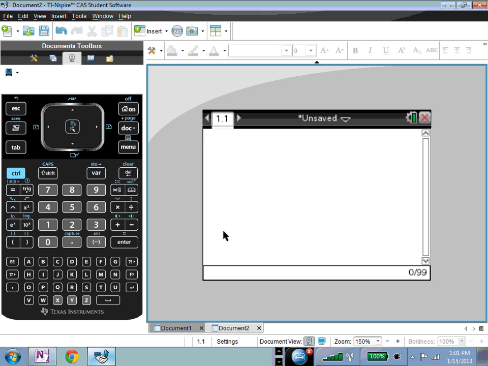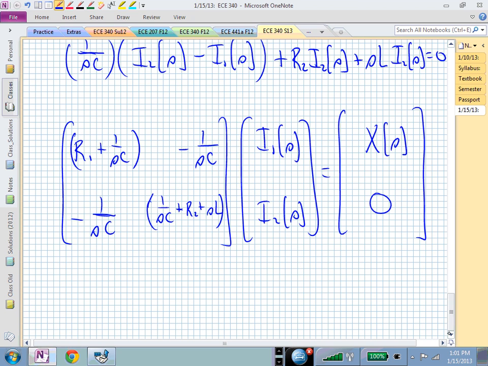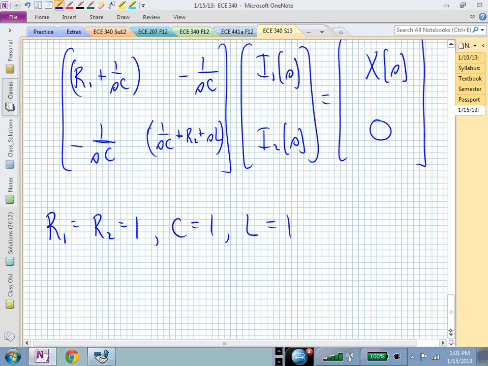So now let me go back here and let's clean this up a little bit. What if I make all of my parameters have a numerical value of 1? That will help clean things up. Suppose that I let R1 equal R2 equal 1. Let's let C equal 1, and let's let L equal 1. Now my equations become 1 plus 1 over S, minus 1 over S, minus 1 over S, 1 over S plus 1 plus S,